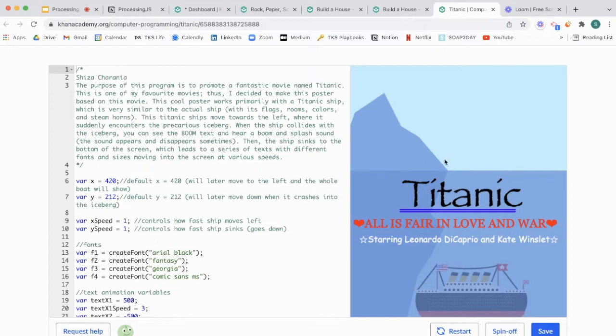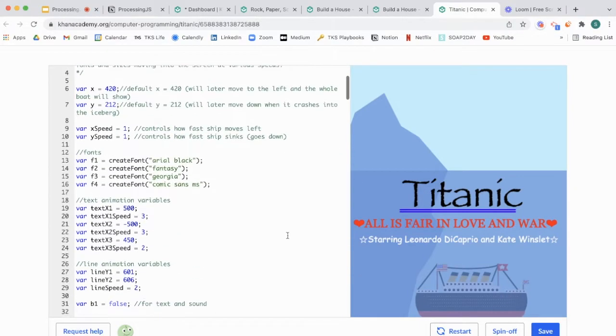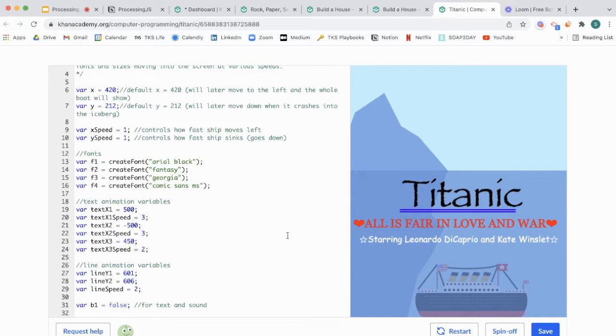So the way it works is the ship is around here off the screen, and I bring the ship into the picture until it hits over here, somewhere around here. And what happens is, similar to the first part of the series, there's a variable x that controls the x coordinates of the entire ship. So the ship moves all at once because the x coordinate is linked, and so is the y coordinate, but that comes later. So once the x coordinate is linked, the entire ship comes, and once it hits the iceberg, you see that there is, first of all,